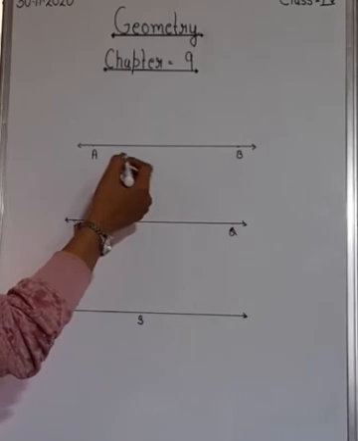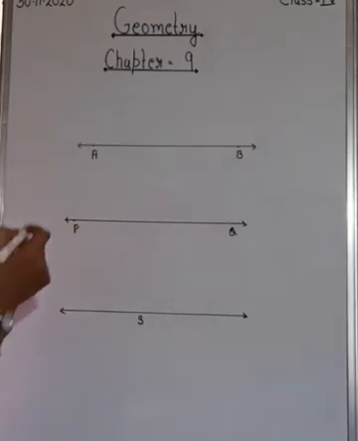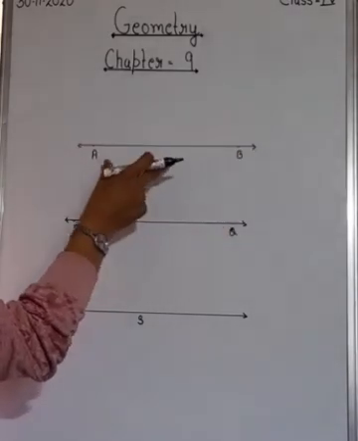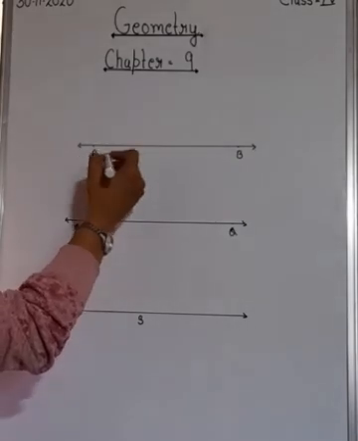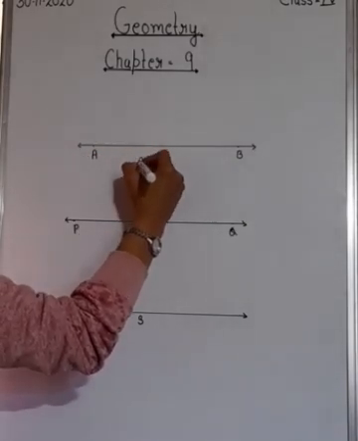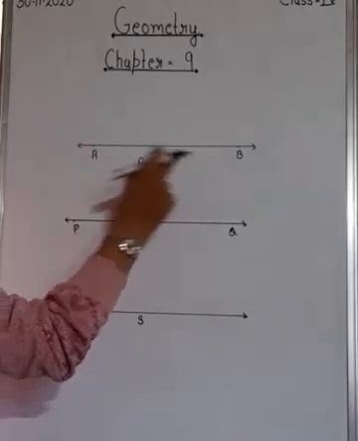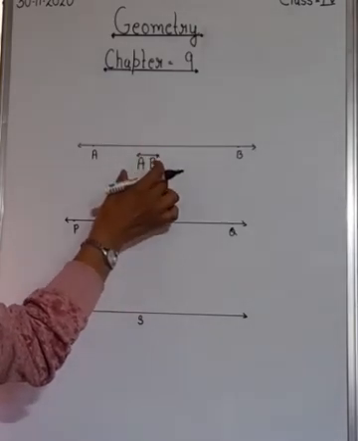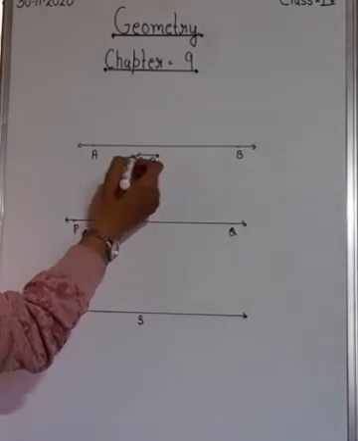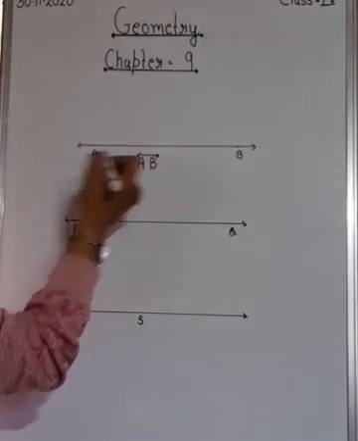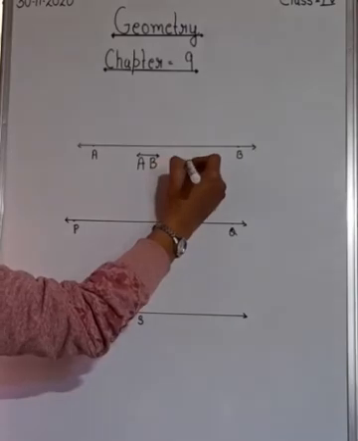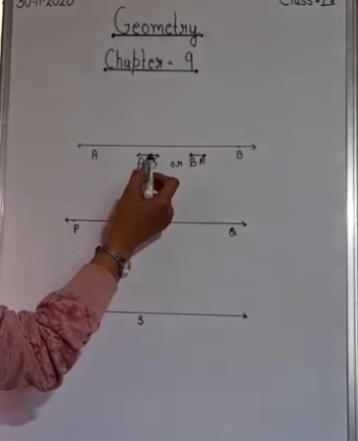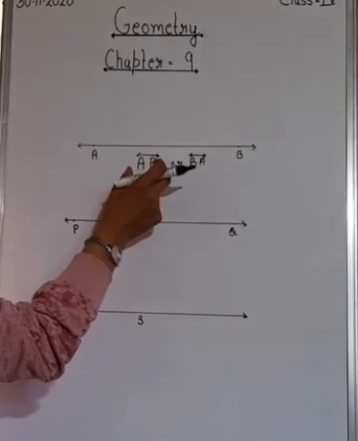Next, how are we going to represent a line? I have drawn a line over here. Why is it a line? Because I have made an arrow on both the sides. That's why it's a line. Now how are you going to represent it? You will represent it as AB. I have taken 2 points on it, A and B, and then this symbol over that. So this is the symbol for representing a line, AB, with a line drawn over it. You can write AB or you can write BA. Both are correct. But don't forget to make this line over it, otherwise it is not representing a line.